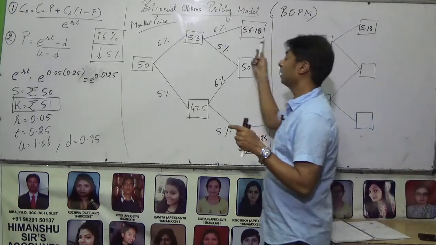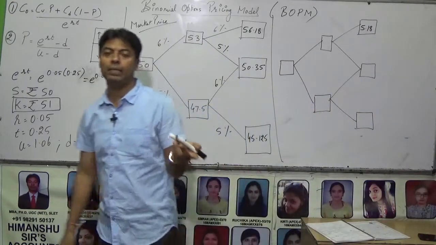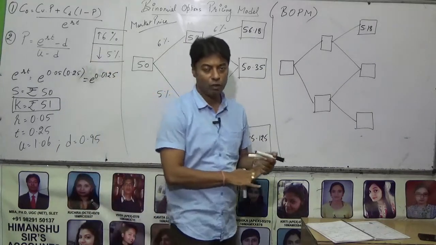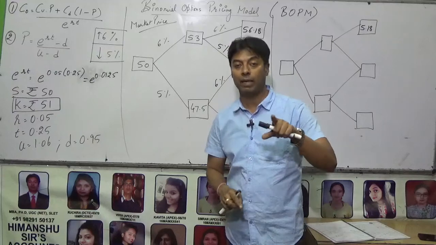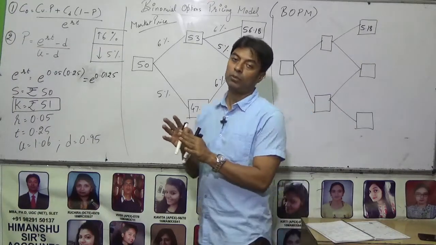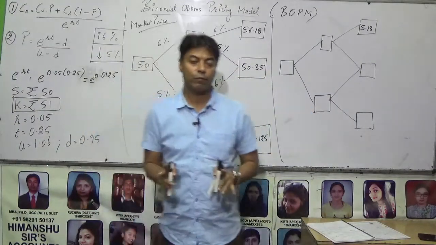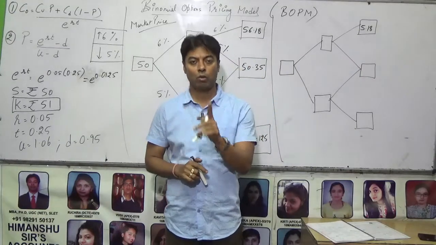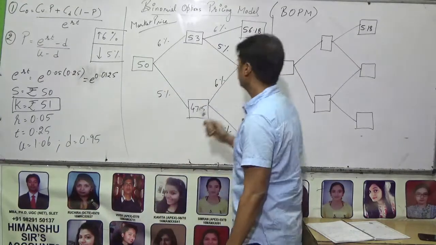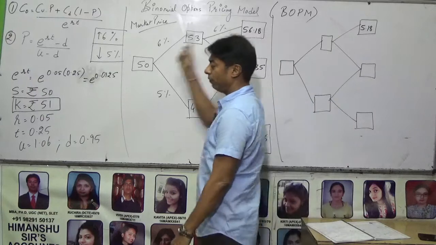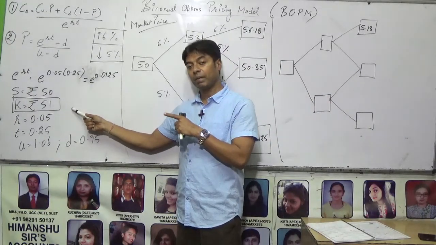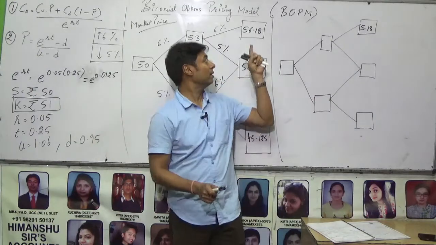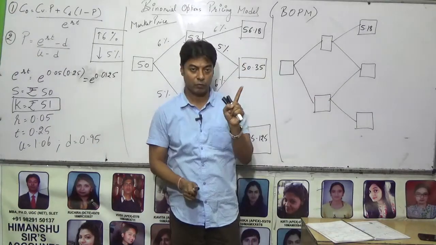Remember, whenever the market price is greater than the strike price, it is a profitable situation for the call option buyer. It is a losing situation for the put option buyer. We are going to discuss put option in our next lecture. Our focus over here is only on call option. So the difference between the two is a profitable situation because the market price is greater than the strike price.